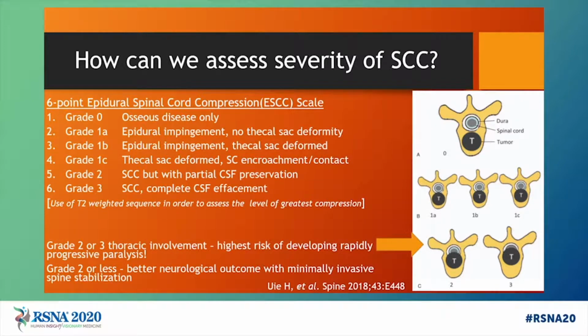Grade 2 or lower lesions have better neurological outcomes with minimally invasive spinal stabilization. So these findings make sense. So less disease in the epidural space associated with